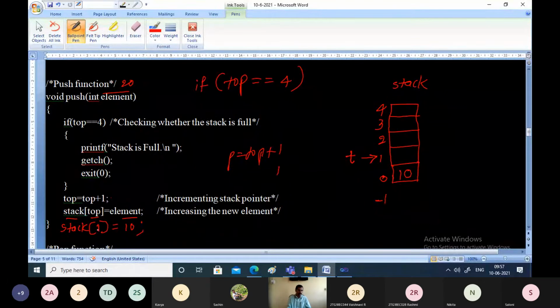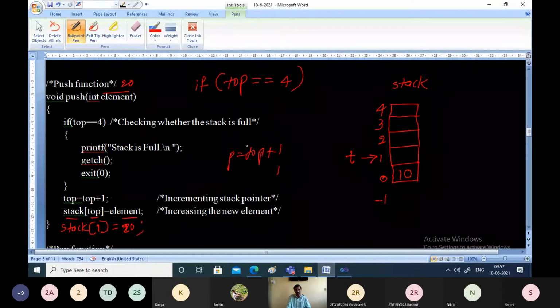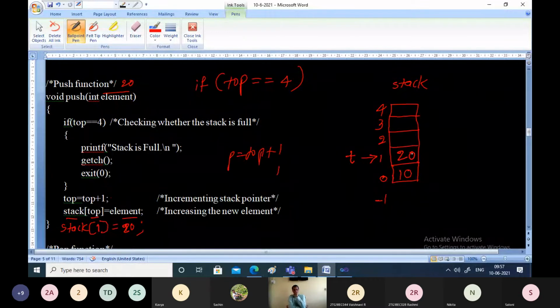What is top now? Top is 1. In stack of 1, you write the new element which you want to insert. What is the new element? 20. Stack of top equals 20. We have successfully inserted element 20 onto the stack.